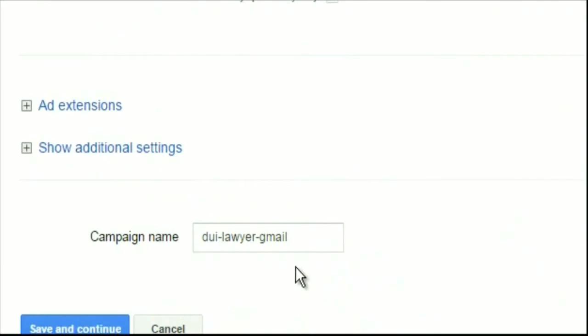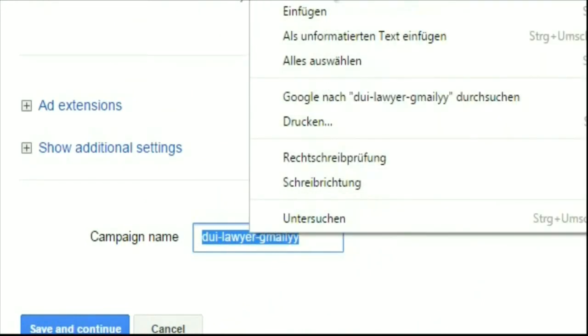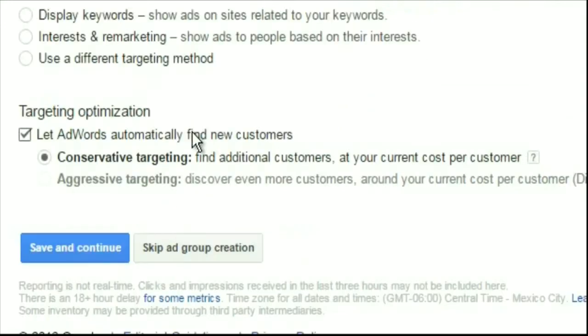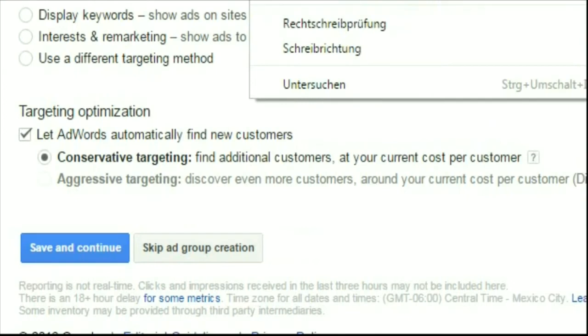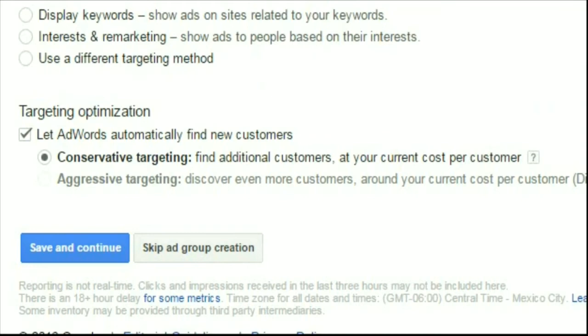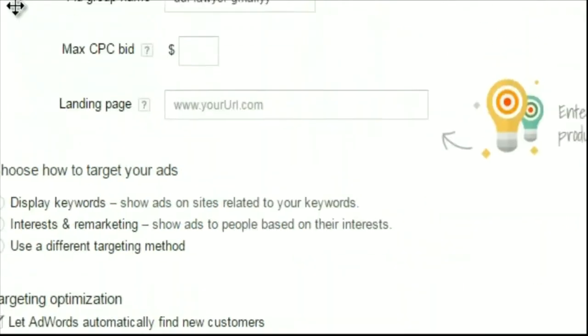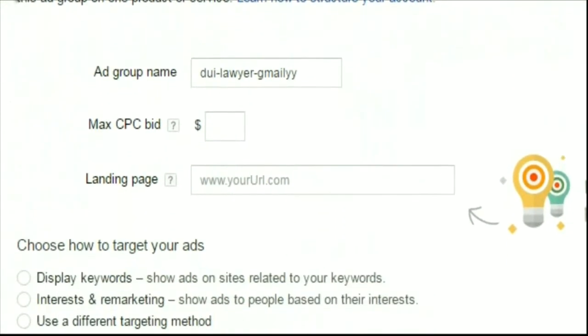Already exists. Yeah, that's because I'm just going to put an extension here. That's because it's my third time doing this, because I've been having internet issues here today and I messed it all up. So ad group name. Now hypothetically, let's say this Dewey lawyer is a person with different businesses doing different things, then you can call this ad group differently. For now, let's just keep things simple. My apologies, I need to bring this up here. After I clicked save,